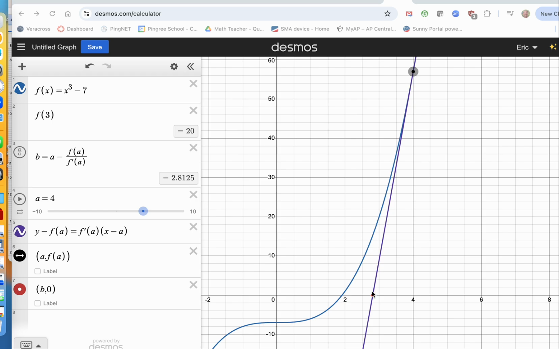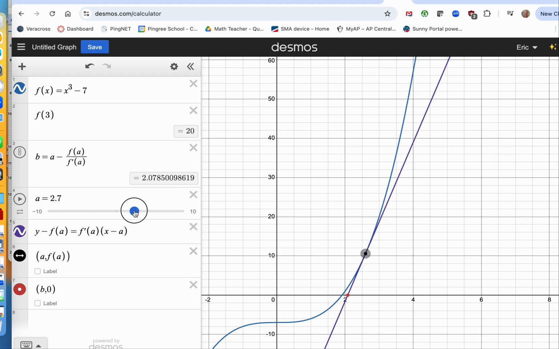Then we would get this line, this approximating line, and we can say, well, what's the 0 of this line? That'll be a closer guess. And then I'm going to plug this in and then rinse and repeat and just keep getting closer. So if I drag the slider, that's 3 right there, so it's about 2.7. So if I drag this down to about 2.7, right about there, maybe,